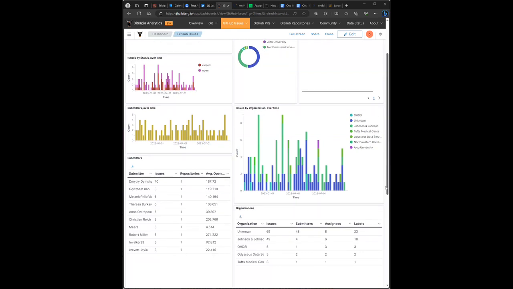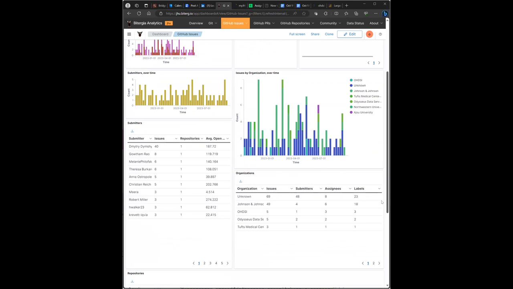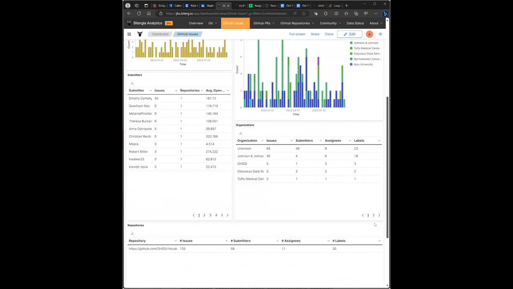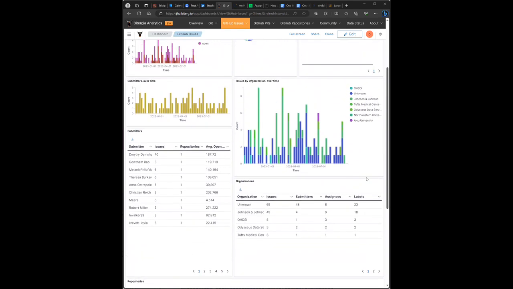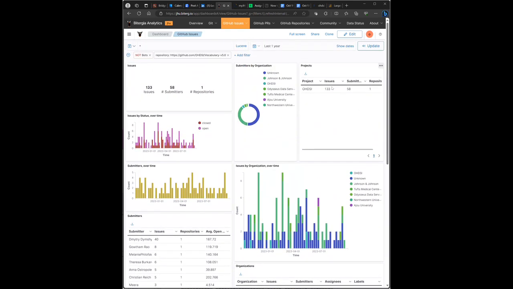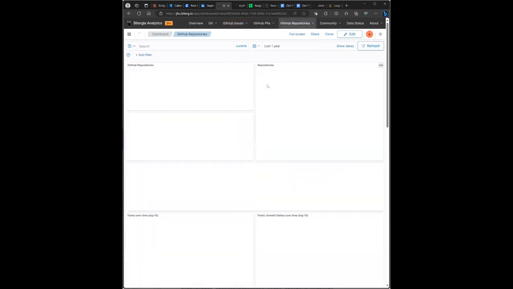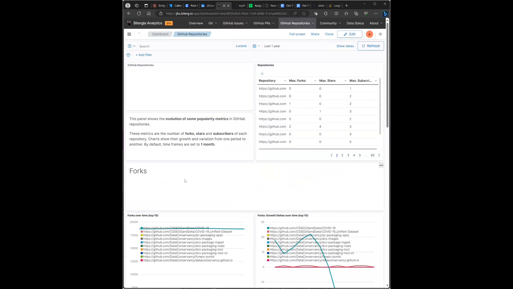Usually we look at the time for the first response. I don't know if I've been able to tease that out of this data just yet, as opposed to the time when the issue is being closed. I don't know if people have any other questions, but this has been a really important tool. We can look at it from the repositories themselves. I generally don't look at the number of stars and forks and subscribers. I'm really looking at the actual people who are contributing and the people who are submitting issues into the repository,